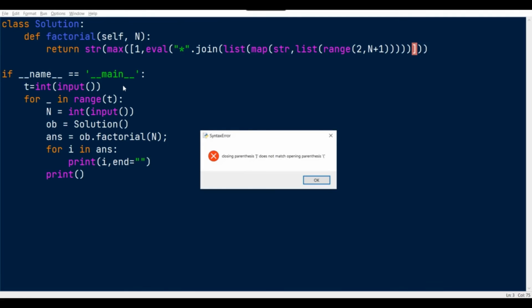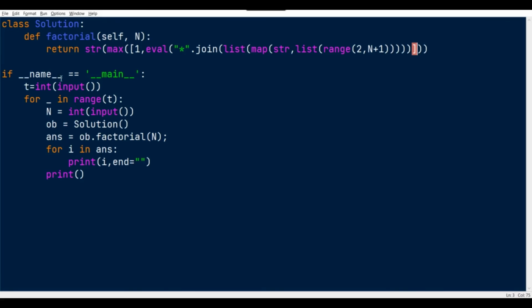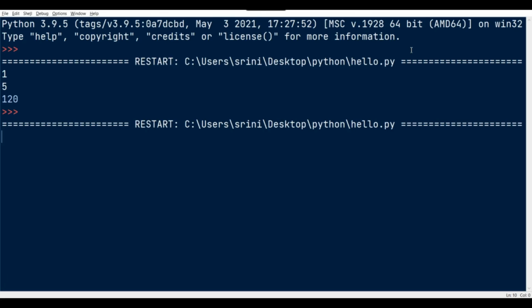So if I run this, I don't know, 1 2 3 4 5 6 7 8 9, and we are getting 1 2 3 4 5 6. Yeah, we just missed one parenthesis. That's the issue. So if I pass the values 1 and 5, we are still getting 120.